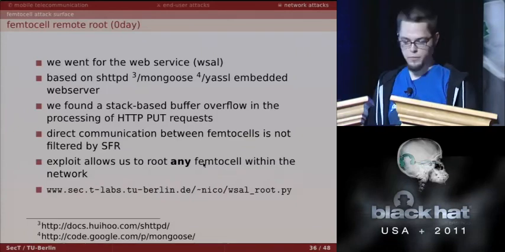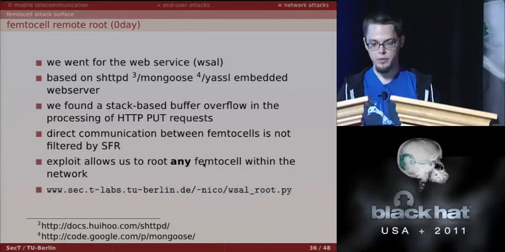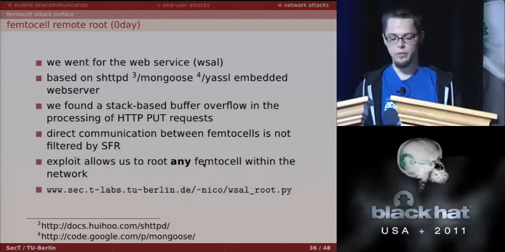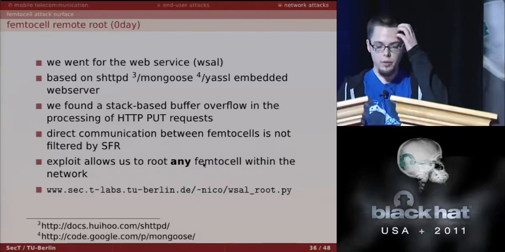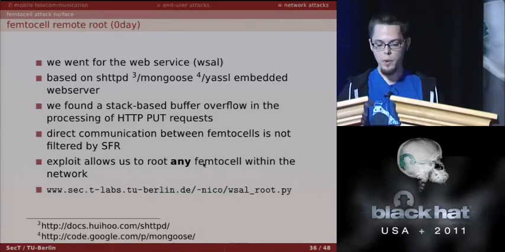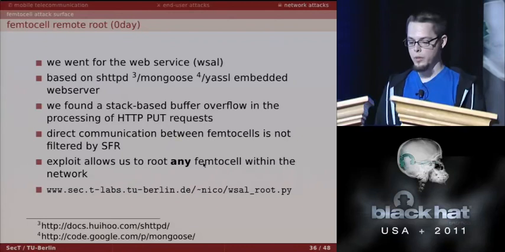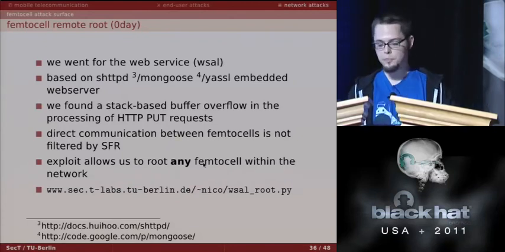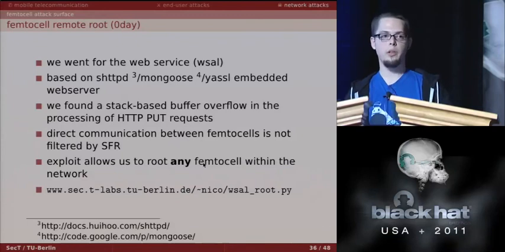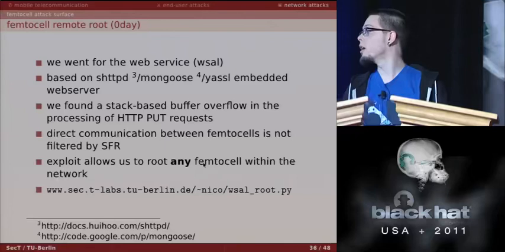I have no idea why they even need PUT requests, and also because the whole file system is only mounted read-only. Sorry, not the whole, but the web path is mounted read-only, so there was no need for that. But yeah, they messed up processing these requests. And since direct communication between the femtocells in the network is also possible, this bug gives us a nice way